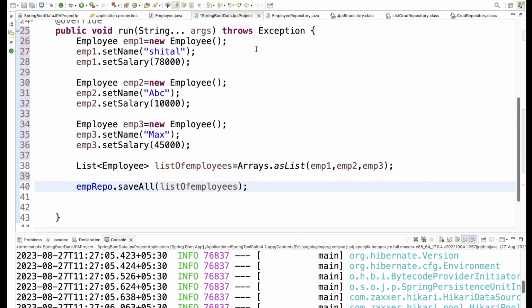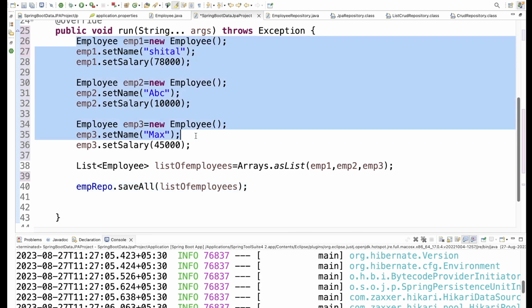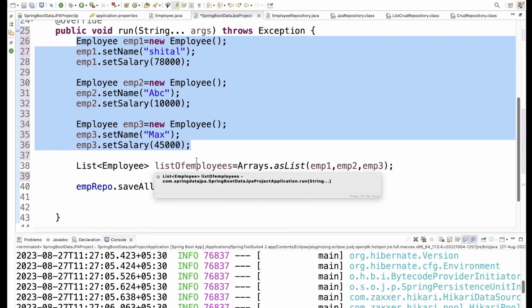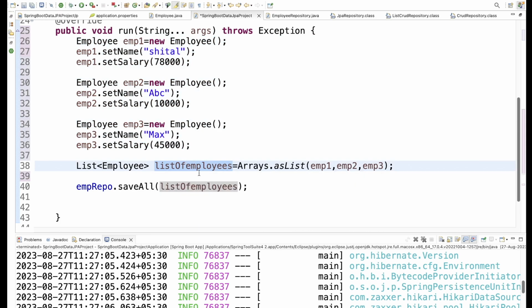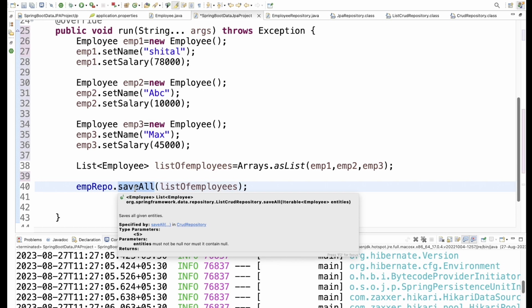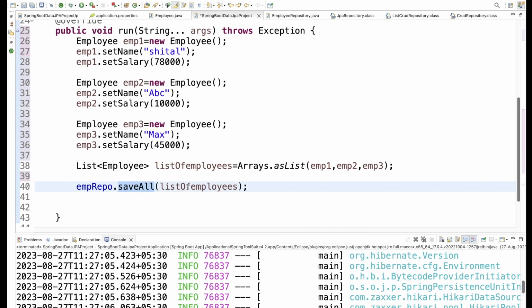So what we did here: we have created 3 employees, and we want to store all of these 3 employees in the database. For that, very first I created one list. Inside this list I have added all the employees, and now to store all these employees I have used the saveAll method, and inside the saveAll method I have passed the list of employees. Now if I save this,